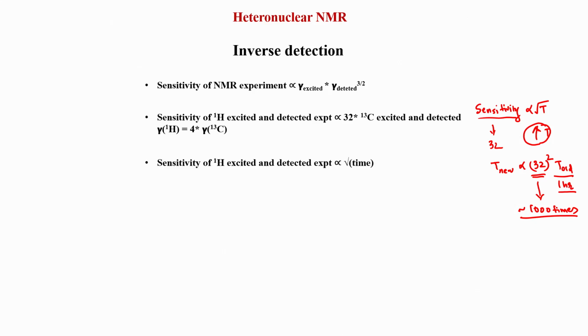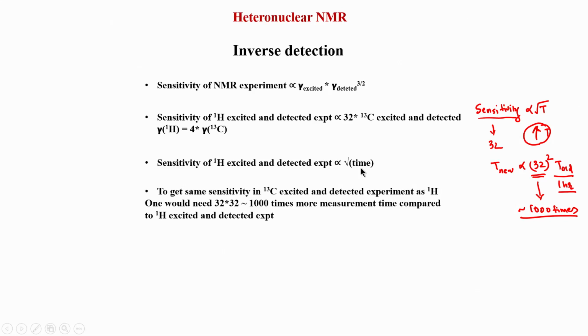So, it is very important to keep in mind that we need to be very careful about sensitivity, especially in biomolecular NMR. The entire effort of making a sample, of recording data goes into how best we can improve the sensitivity. There are many other factors of sensitivity we already looked at in the very beginning of this course, like the concentration of the sample, temperature, number of scans and so on. But what you are looking at here is the gamma factor, and that is coming up in this manner.